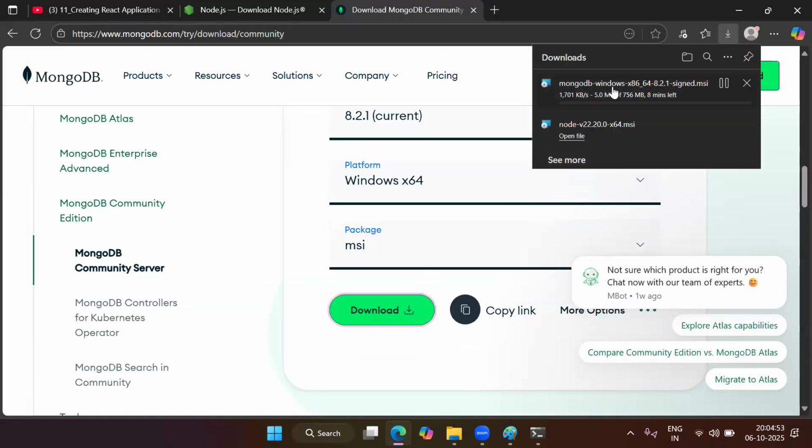Once you click on download, the installer file will be downloaded. It will take some time to download. It's around 700 MB, so depending upon your internet speed and your system speed, it will take maybe 1 minute or less than 1 minute. Once it is downloaded, just go to your downloads.